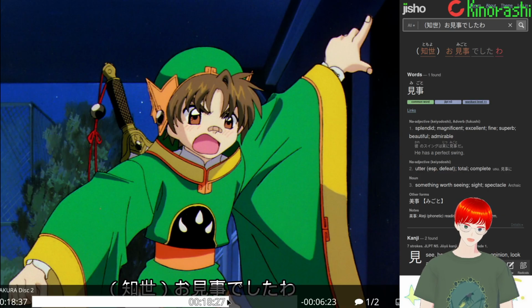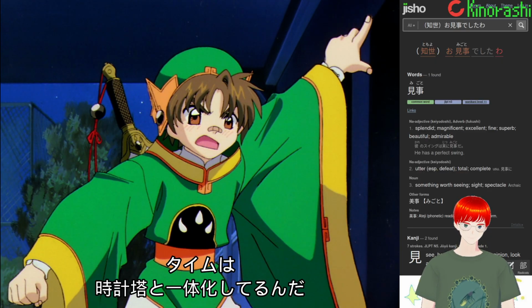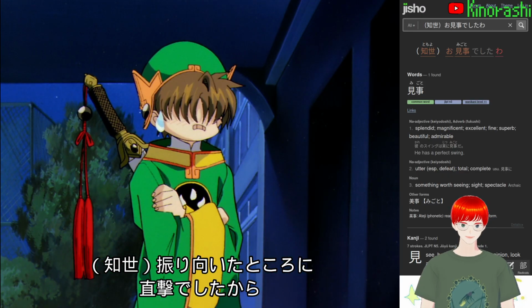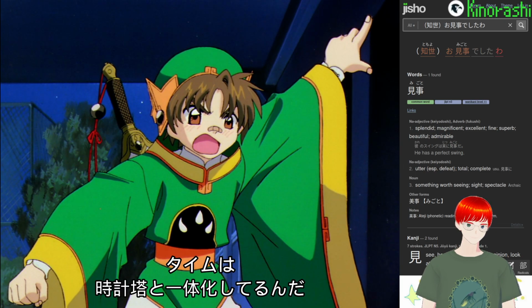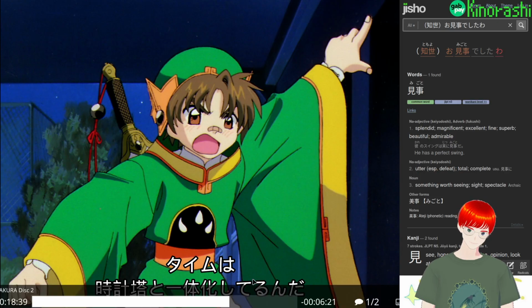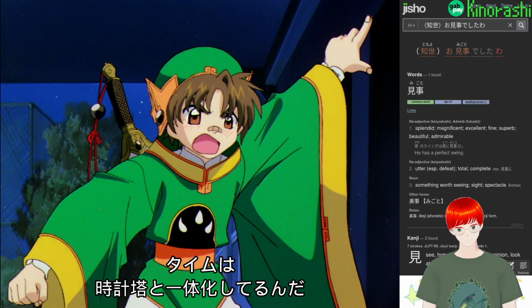Omigoto deshita wa, so. でもボールはちゃんとゴールに入ったよね。お見事でしたわ。タイムは時計塔と一体化してるんだ。